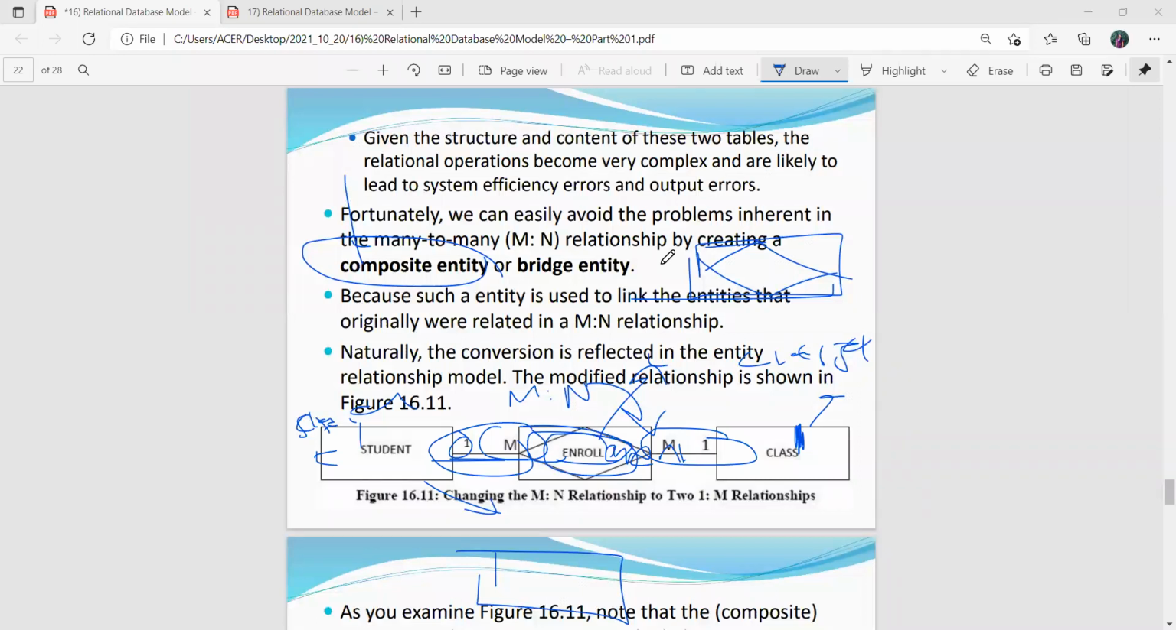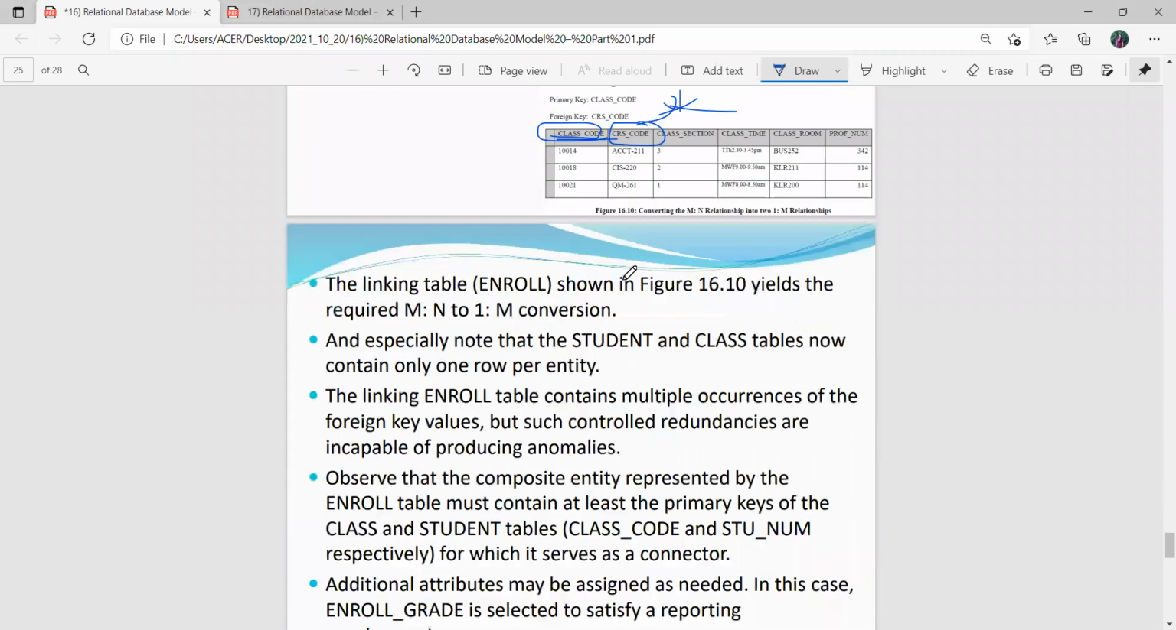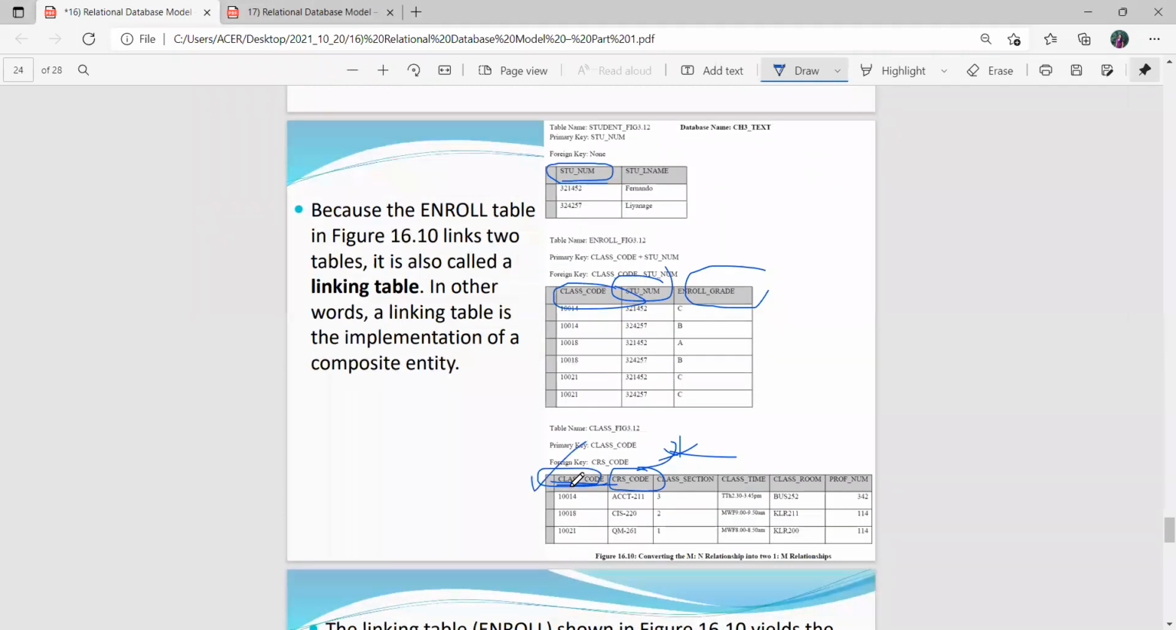Yes. Okay. So you can see this one. When we consider class code, it is the primary key on the one side of the one to many relationship. In course code, class code is the primary key. So when we consider the enrollment or enroll table, you need to indicate class code and the student number, and these are the